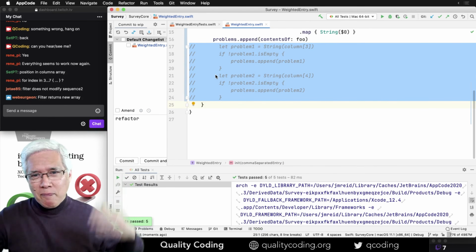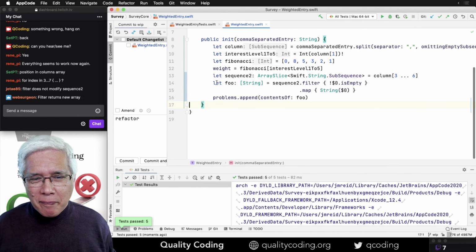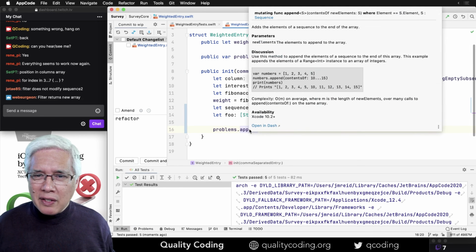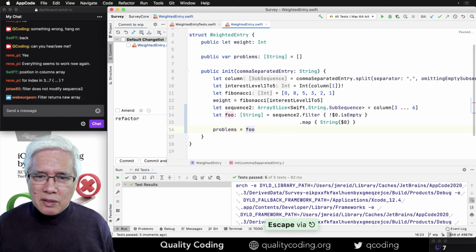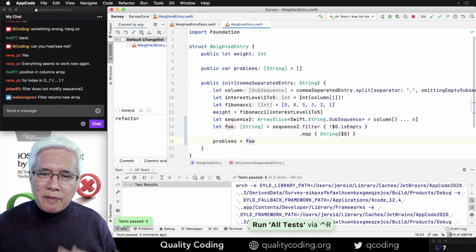Boop, boop. So we can get rid of that and clean it up. All right. And it doesn't have to append anymore. It could potentially be this. Indeed it does.